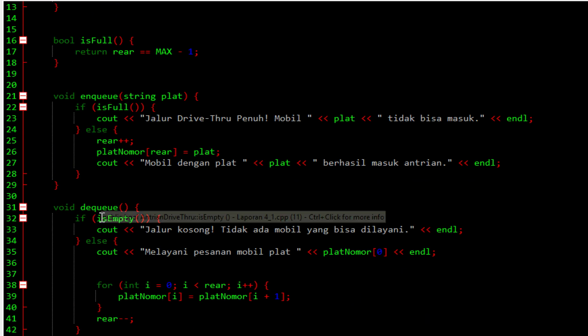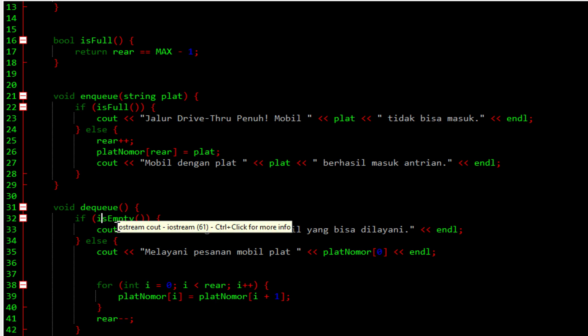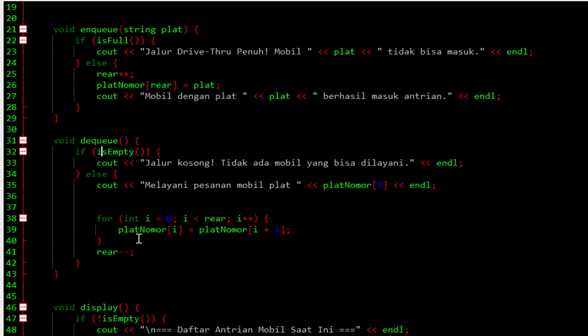And DQ is serving a car. This is where it gets interesting. In a linear queue, when the first car at index 0 leaves, the space becomes empty. After that, we use looping logic to keep the line moving.